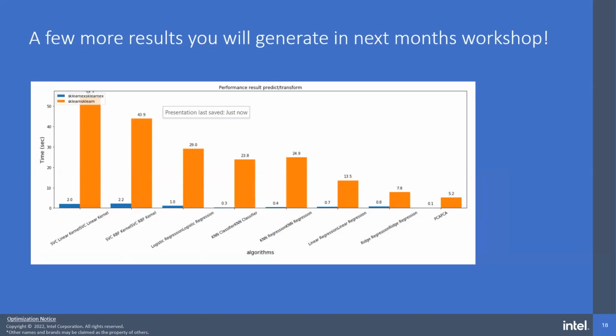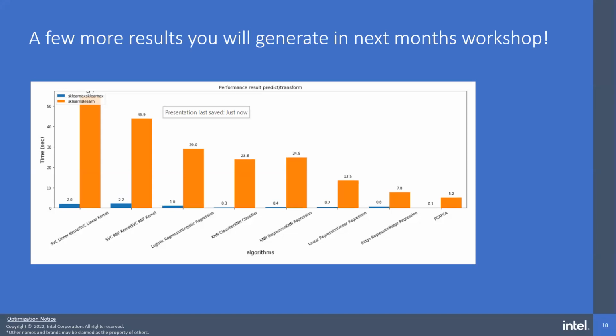I created a little test harness that you can use in the workshop to test whatever you want of the accelerated algorithms that we have, whether it be support vector classifier, logistic regression, KNN, PCA, whatever. You can plug it into the test harness, and what the test harness allows you to do is pair it with synthesized data that you control: the number of samples, the number of features, the number of columns, how many of the columns are interdependent upon each other, how many inherent clusters are in that data. So you can generate your own data, pair it with the algorithm with whatever parameters you wish, and